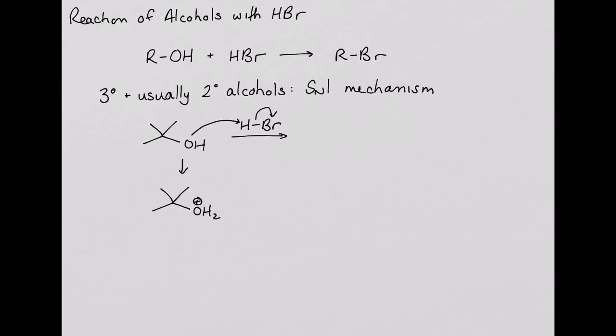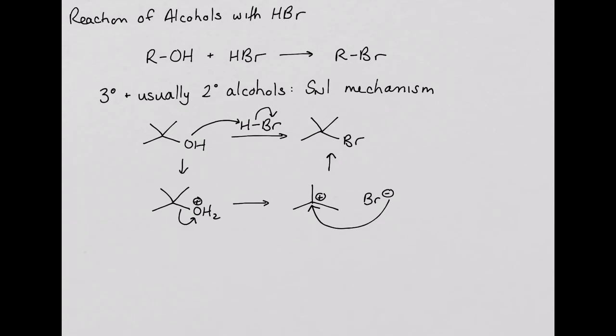This forms water, which is a good leaving group. The water then leaves to produce the carbocation. The bromide ion that was formed in the first step then attacks the carbocation to produce the alkyl bromide. Remember that when we form a carbocation,